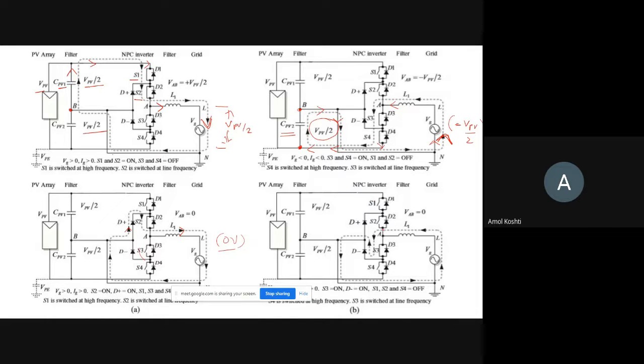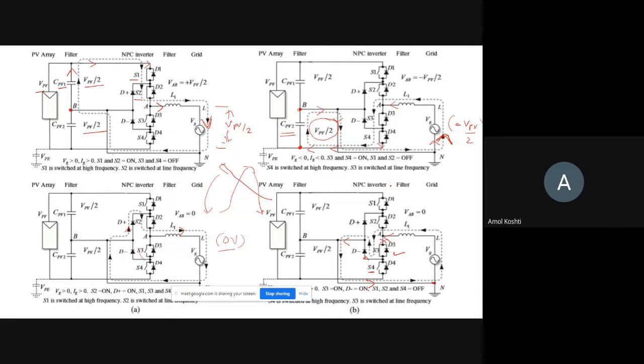So again we have to provide a path. We have to turn on only the S3 switch here. Now you see S4 is turned off here, it is open, and here it is turned on. So now D minus will provide a path. Now the inductor will discharge in this way. It will come to this S3, through S3 it will come to this D minus, through D minus it will come to this, and it will be closed here. So in this way it again discharges. After this, again this cycle comes, and again this is produced. So it is continuously repeating.